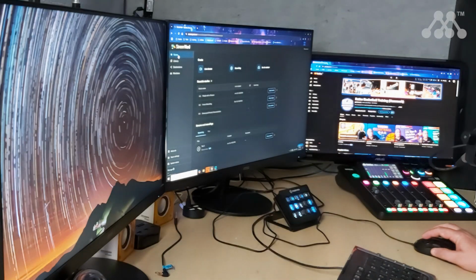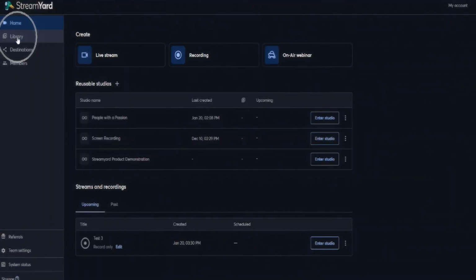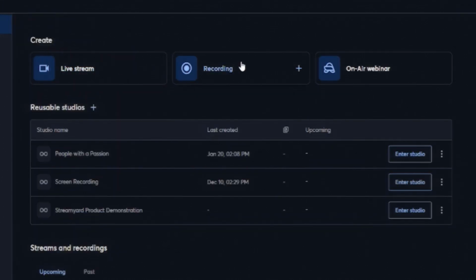has on the left-hand side here, a home, a library, destinations, and members. So the home screen is basically where you choose to create your very own reusable studios. You can choose to go live from here. You can also choose to record, or if you have the higher end package, you can also create an on-air